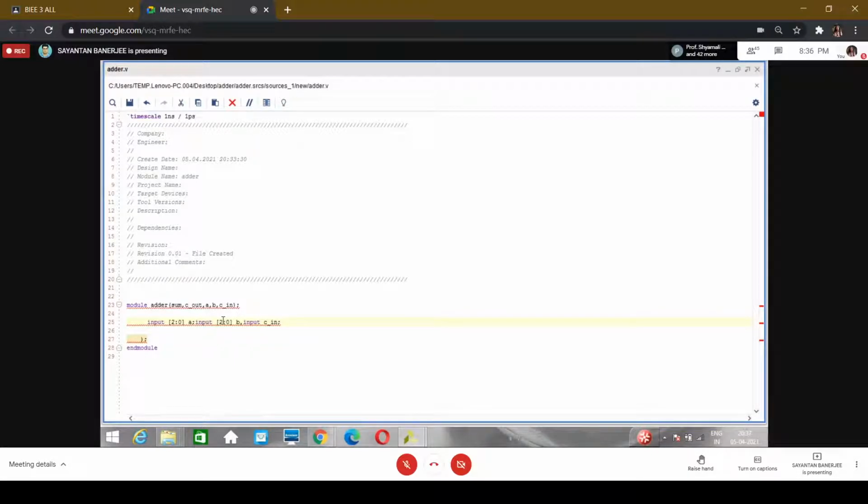Sorry. Output. For behavioral modeling, we have to always specify the output as register. So we have specified register. The output is sum and C out. So sum is one, another is C out.